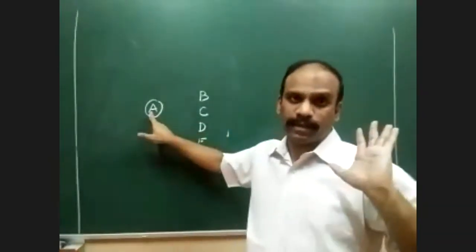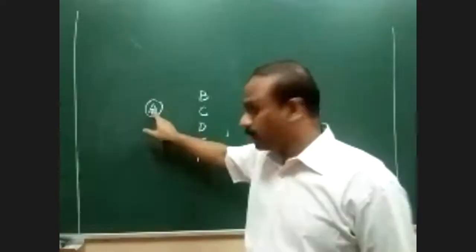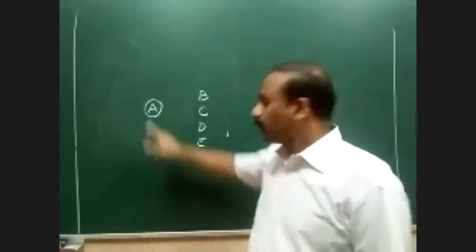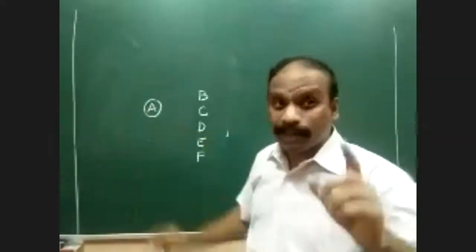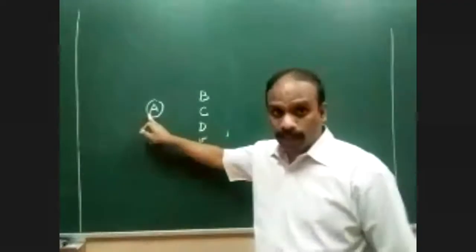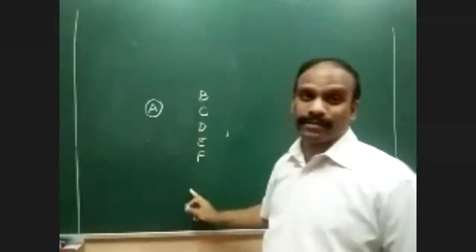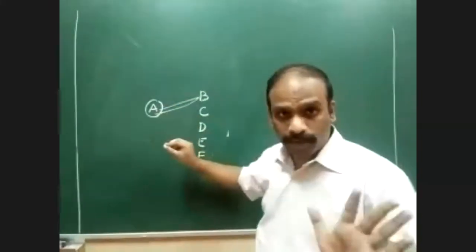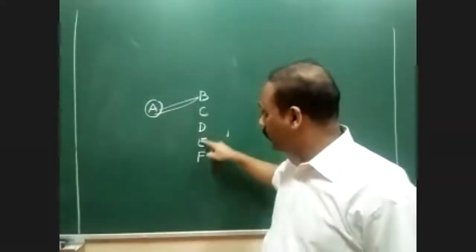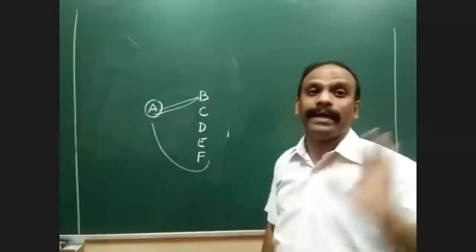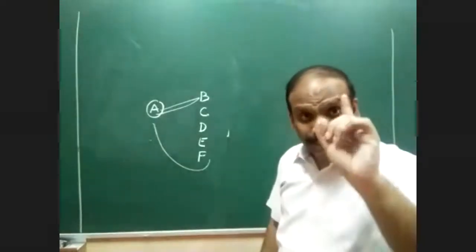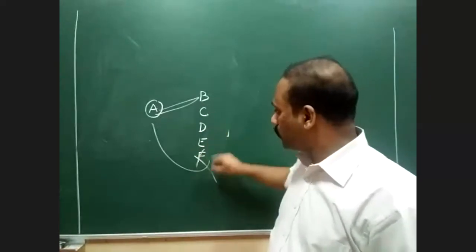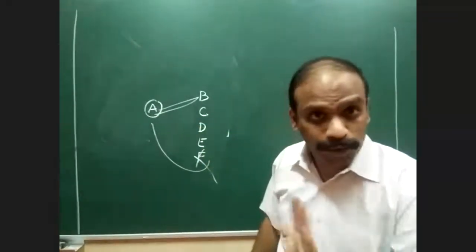That's a condition. Are you getting my point? He should start his journey from headquarters, visit all the customers or all the locations, and again, he has to come back to A. And the rule says he should never come back to A without visiting any of these places. It says he cannot visit A to B and then come back to A. He should visit C, D, E, F, and only then he has to come back to A. He cannot even miss one single location. He cannot say, sir, I'll visit B, C, D, E, but I'll not visit F, I'll come back to A, then I'll go to F. No, you are not allowed to do that.